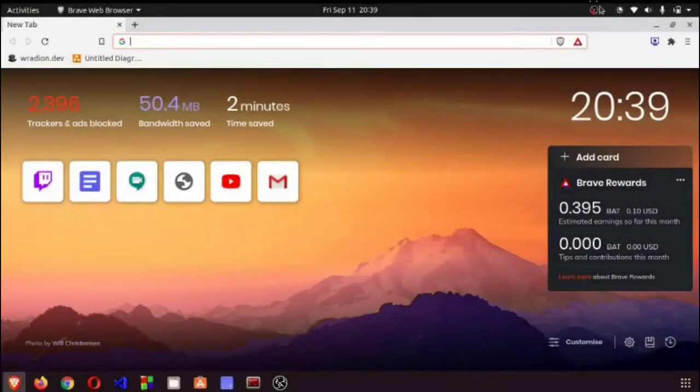Hello guys, today I am going to discuss Linux Mint. Linux Mint is a very lightweight Linux distro which you can use on any PC or laptop, even if it is old or much smaller in RAM. So first let's go to the